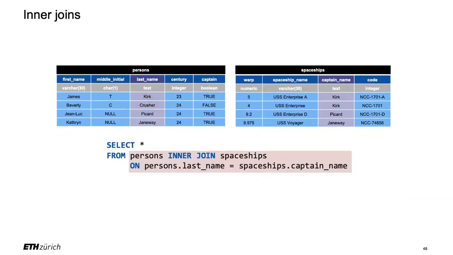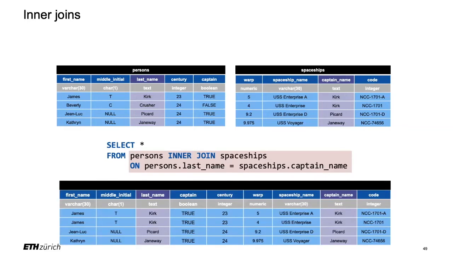Why do I tell you that? Because it turns out there's also outer joins that I will explain. But what we've seen so far is in fact called an inner join. What does it mean? It means that when there is a match, it will do the combination, but you might have records on the left that do not match with any record on the right. And you might have records on the right that do not match with any records on the left. In that case,